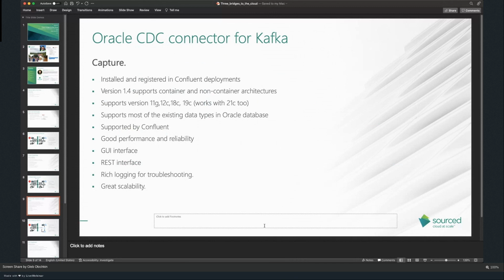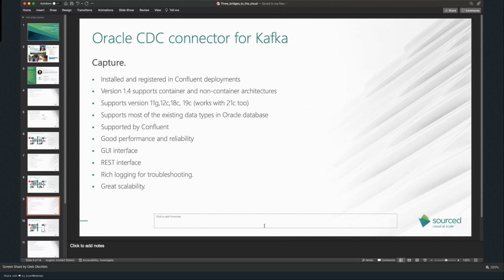Now we have version 1.4, it supports container and non-container architecture, versions from 11G to 19C, and actually it works with 21C too. Even though nobody is going to use it as a proper production release, it is just an innovation release. It will be gone soon. But the fact that it works with 21C is probably a good thing.